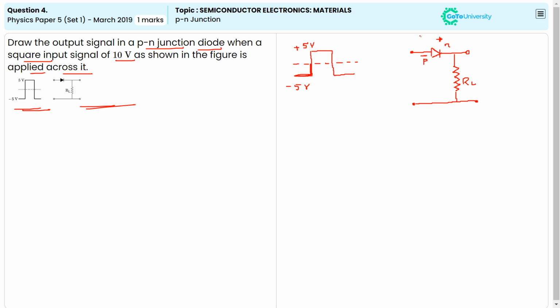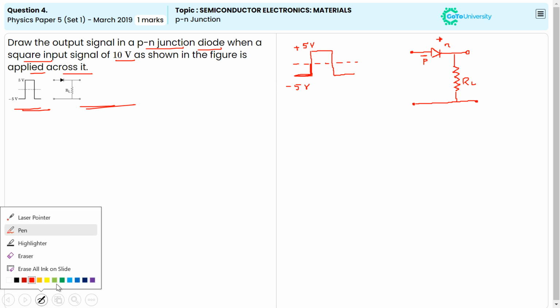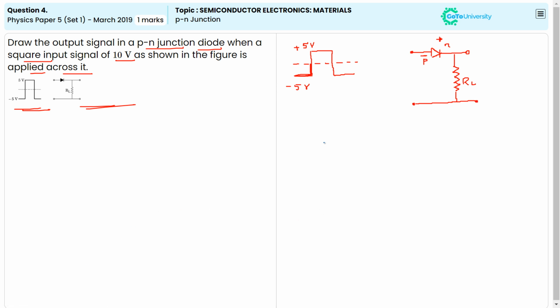Okay. Then once it crosses here, once the terminal comes for the positive volt here, then this P, I will do this one with a different color. Then in the second case, the P is positive and the N will come as negative. Then the forward bias is there. Then our output signal will be produced as,